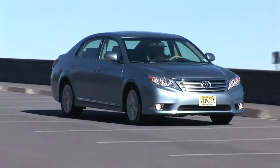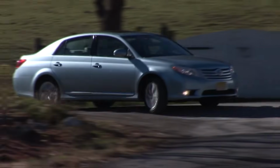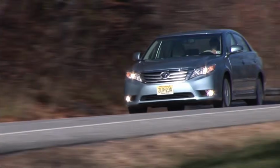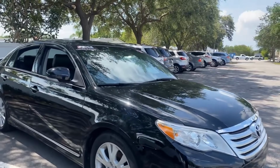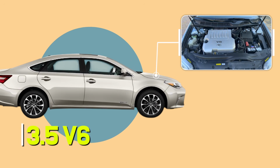It is the comfort sedan on this list, the car for parents who do not need SUV height, but still want their passengers to arrive without a sore back and a bad mood. IC Cars gives the Avalon an 18.9% predicted chance of reaching 250,000 miles, one of the best figures in the entire study. Under the hood is Toyota's 3.5 V6, a smooth, naturally aspirated engine with strong parts support, paired with